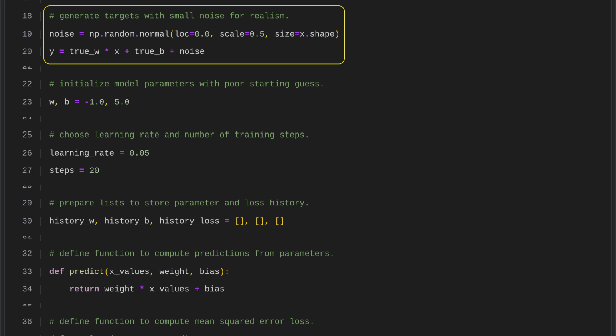We begin by generating random noise from a normal distribution with a mean of 0 and a standard deviation of about 1/2. And we add this noise to our data to make it more realistic. Then we compute the target values by taking each input value, multiplying it by the true weight, adding the true bias, and finally adding the noise. This process creates data that follows an underlying linear relationship, but includes random variation, similar to what we see in